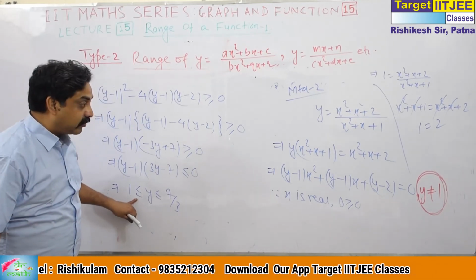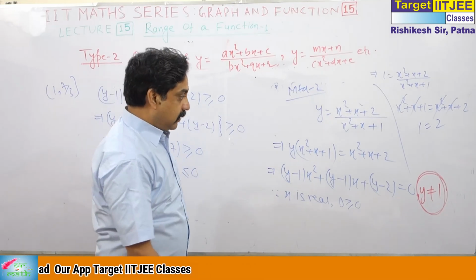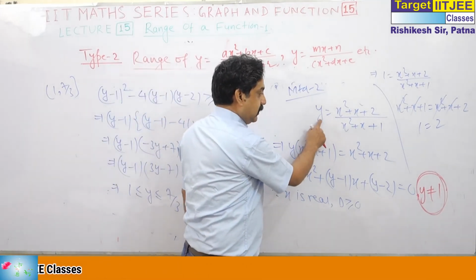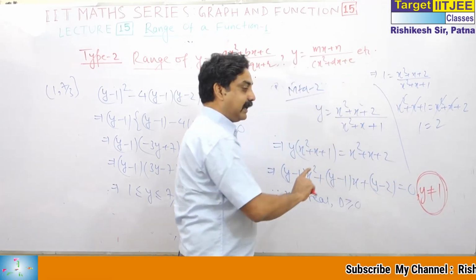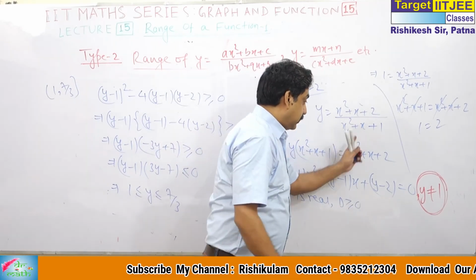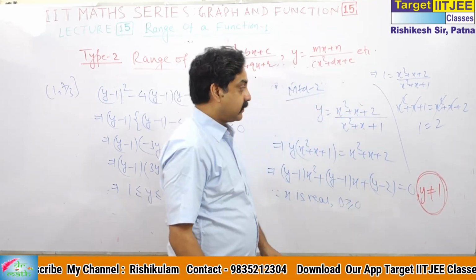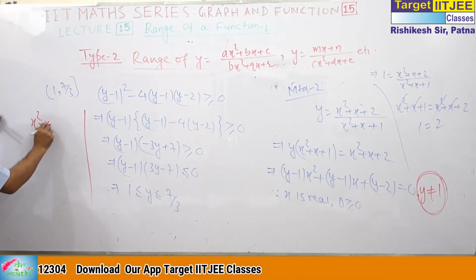Not from here, y is equal to 1, from here y is equal to 1 we have to check. You put y is equal to 1, and if you get a correct value, an equal value, then that will be taken. And if you don't, that cannot be taken. What is the data of the previous question? The data of the previous question is this.